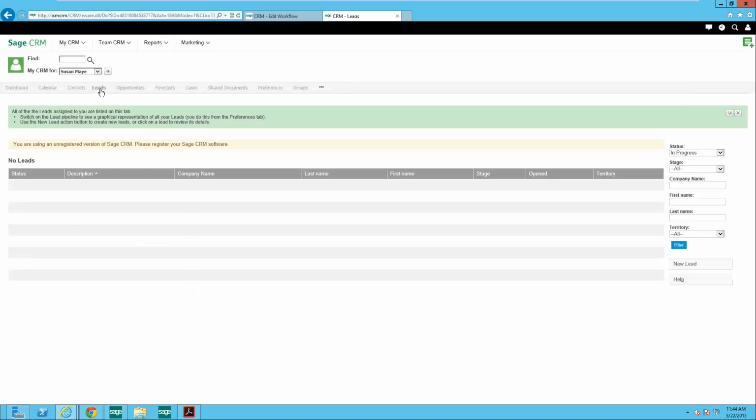So my next one that I'm going to be going to is leads. And leads is another unique function of Sage CRM that I don't see too many in other CRM programs. This is actually a really nice feature that they have, and this will allow you to grab leads that you have from a trade show or from a website or those cards that you're getting, those business cards that you get. This allows you to actually create and pull them into an area that's not really associated with your database,